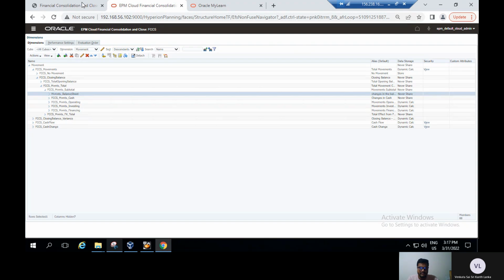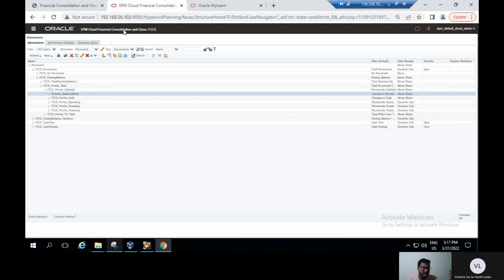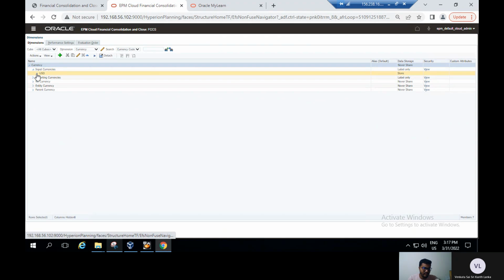Now let us see what is there in the page: how to add the currencies. For this, on the dimension space from the drop down, we will select the currency dimension and select the USD as input currency. Then click on add currency. For this, we'll go to the application and select the currency dimension. Under this input currency,